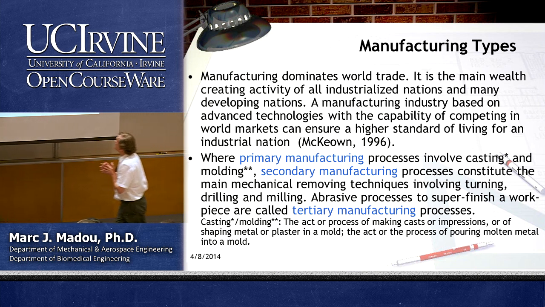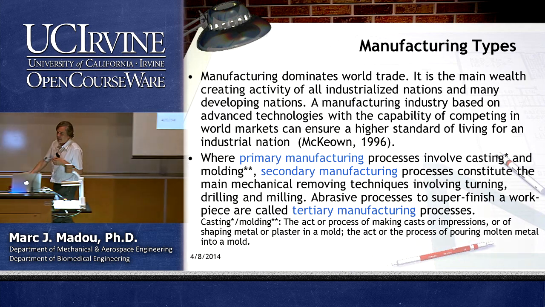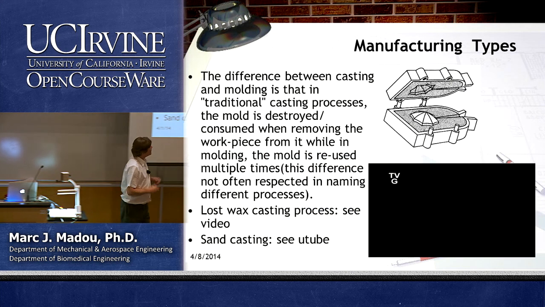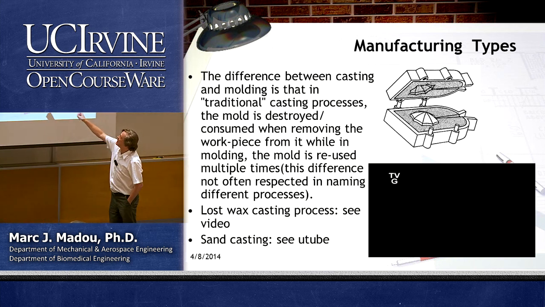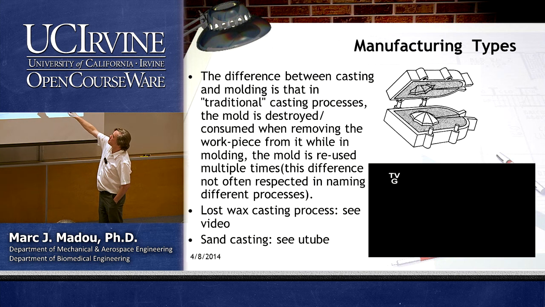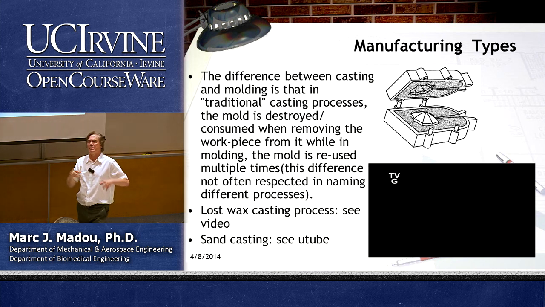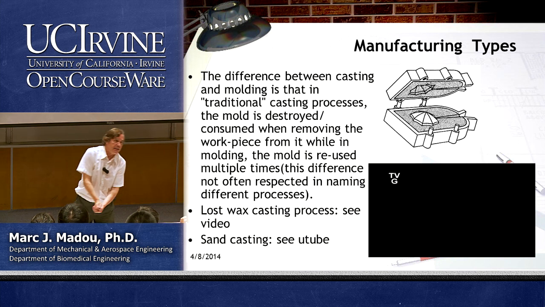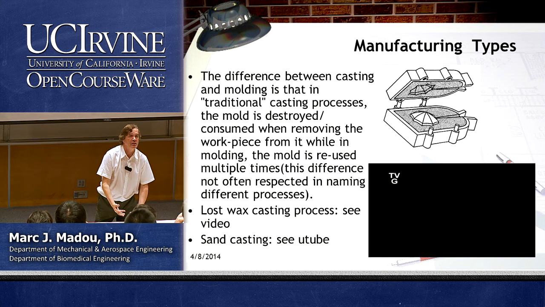So we're going to start by looking at a movie that's a very good example of casting. But first, before going on, the difference between casting and molding is that in traditional casting processes, the mold is destroyed. For example, here you have sand casting on the top. I will not show a video of that. You can Google that, but you can kind of get the picture, right? You make an impression in sand,